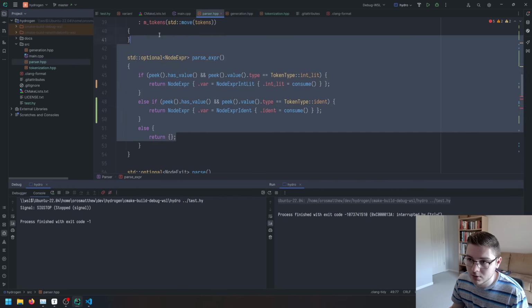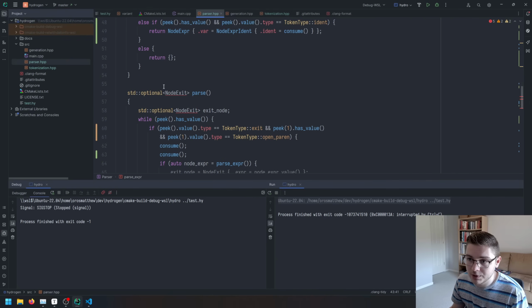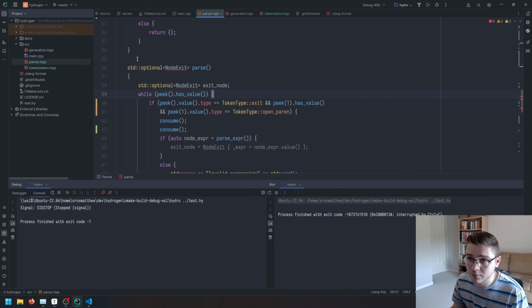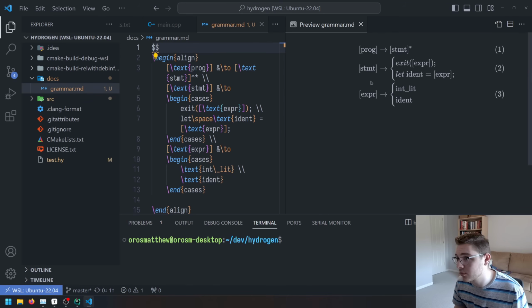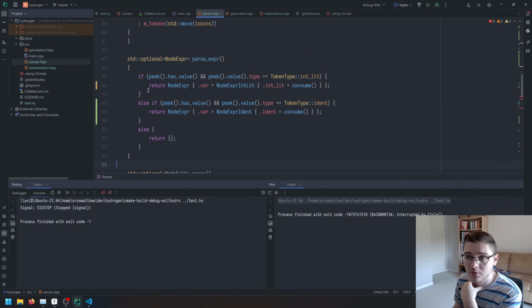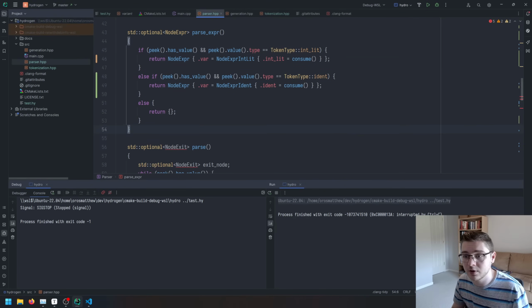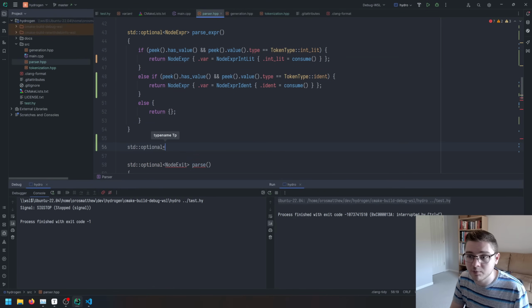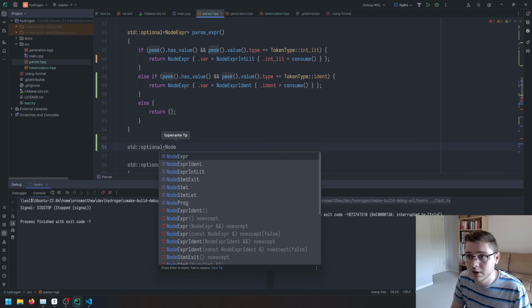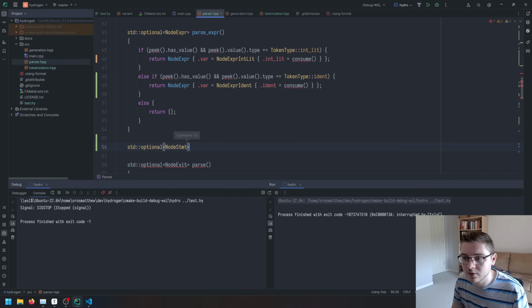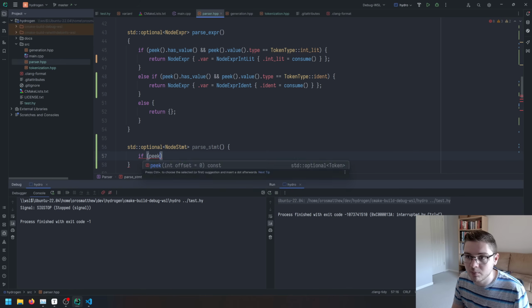Now we have parse. So let's do our parse statement. And this will kind of work in a similar way to our parse expression because they're the two different options. So we'll return an optional because if we fail to parse it, we just return null. Instead of creating a result type, we're using optional for that. So we're going to parse the statement, and pretty much the same thing, just peak has value, and